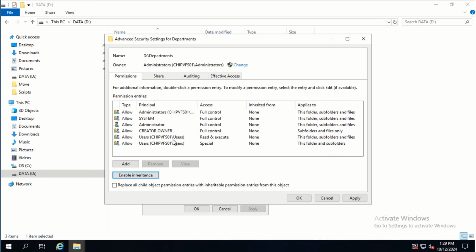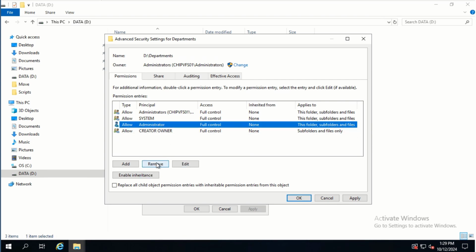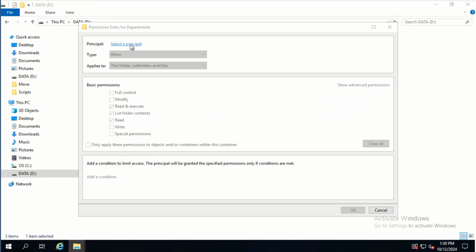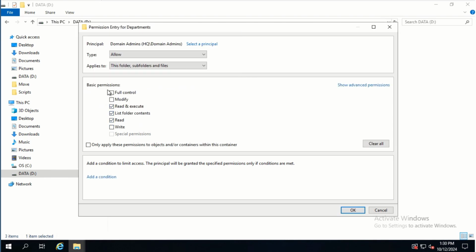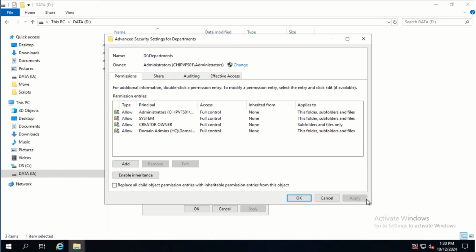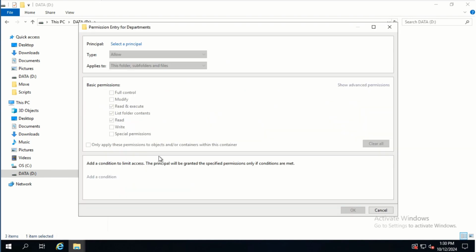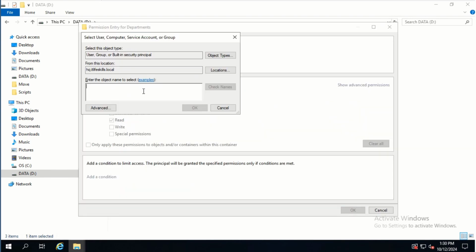And now we need to remove the users and the local administrator account and click add, and we click select a principal. Here we type in domain admins and click on check names and click OK, and we grant the full control permissions and click OK, and then we click on add and we click on select a principal and